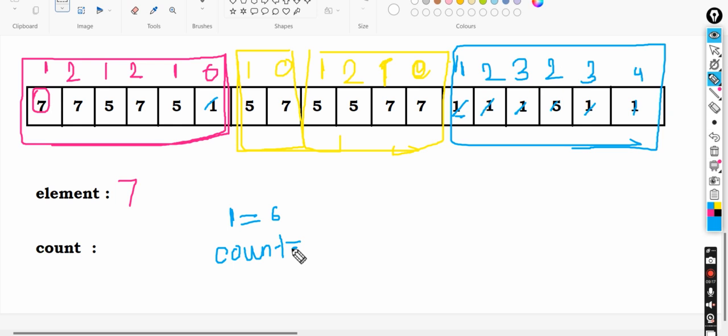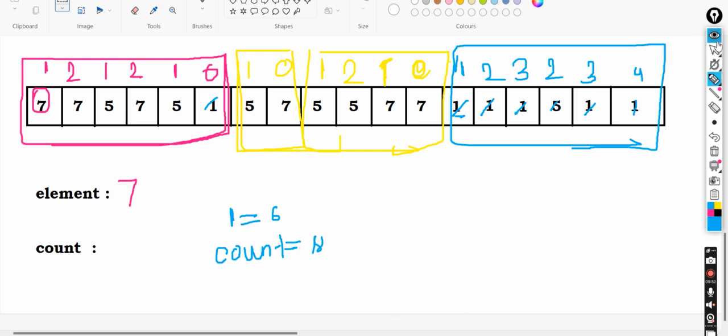So is 6 greater than 18? N by 2 is 9. So what is 18's n by 2? That is 9. So it should be greater. But our count is 6. So by Moore's algorithm, we'll get a number which has the 100% probability that it is occurring maximum times, but it doesn't guarantee that it occurs more than n by 2 times or not. So for this reason, we'll again loop it in our code and we'll check whether it is there.